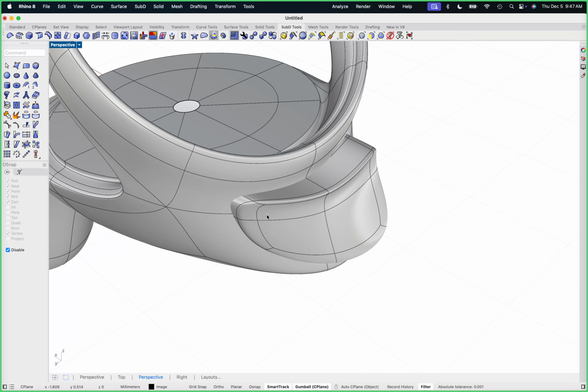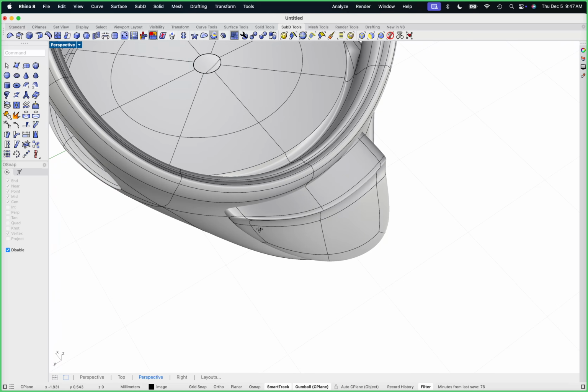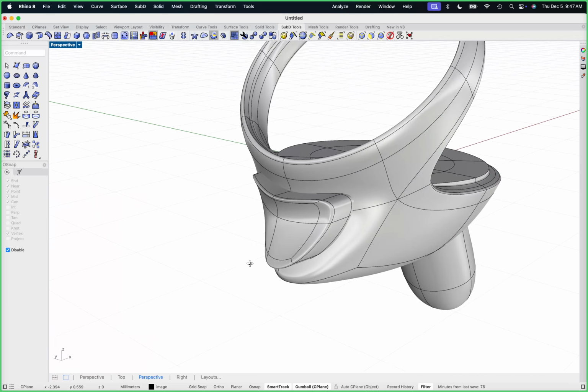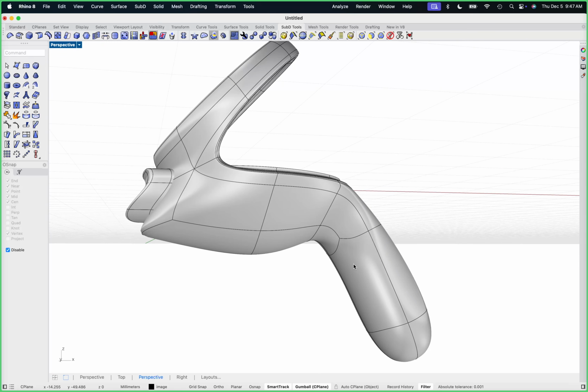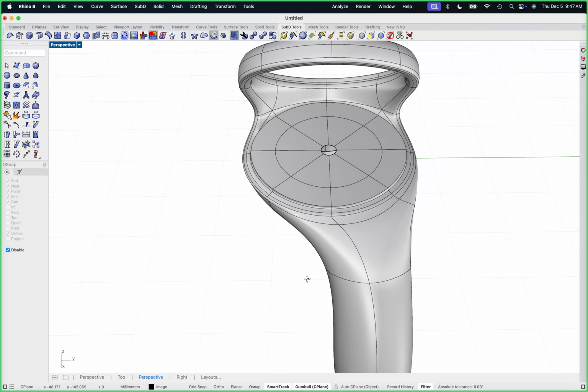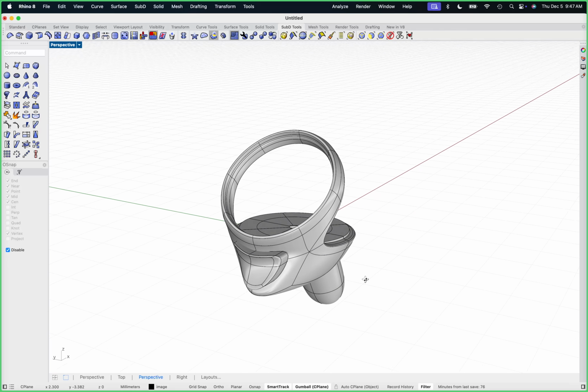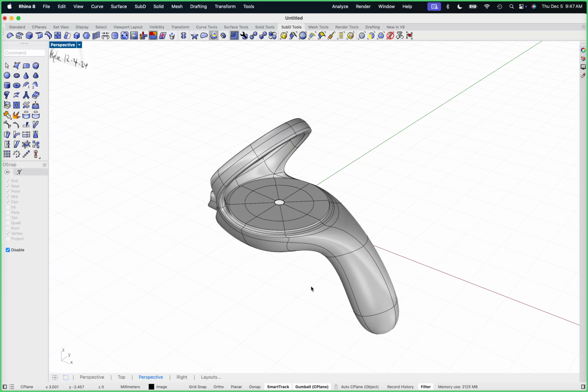So let's show everything. That feels kind of buttony. And then this button down here, the one for the side, I'm going to do that in NURBS. And so I think for what we need to do at this point,